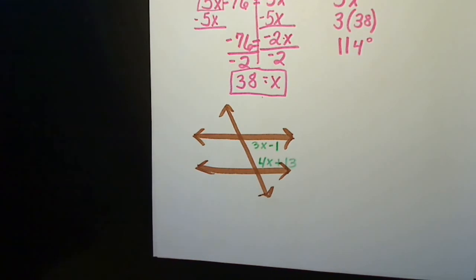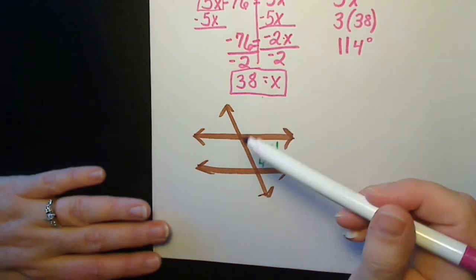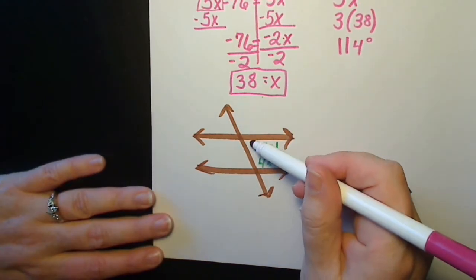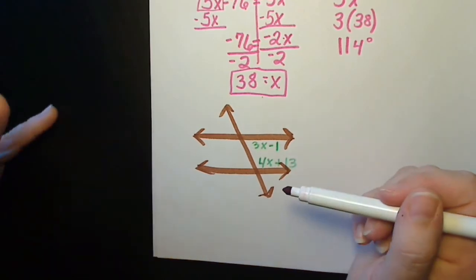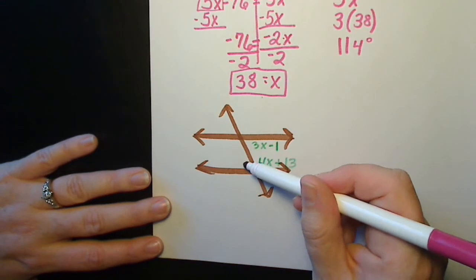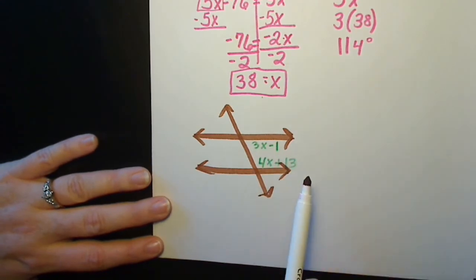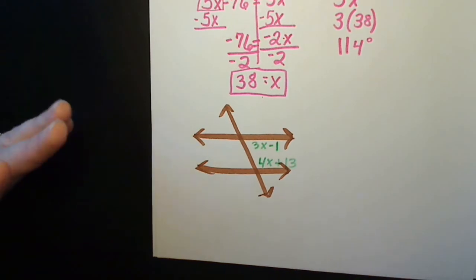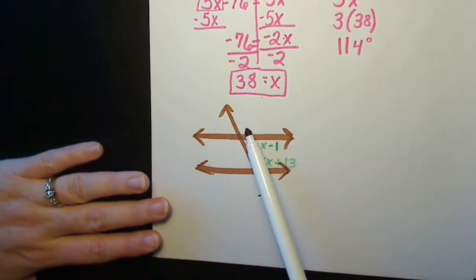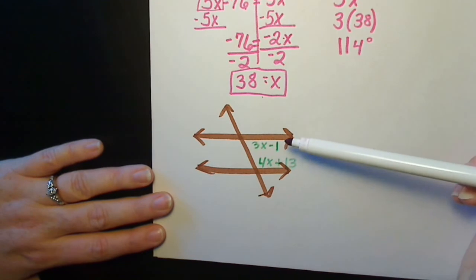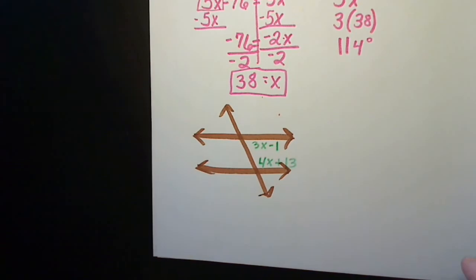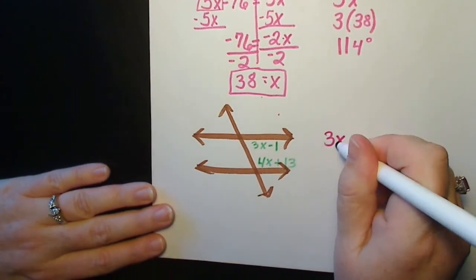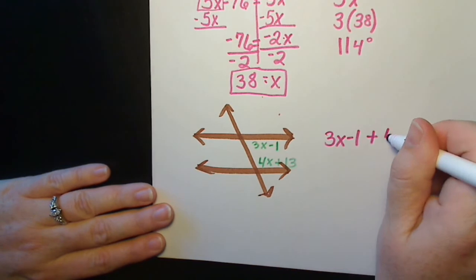Okay, those two angles are not the same. They're not the same measurement. Even if you look, this is a small angle, an acute, and that's an obtuse. So they're not the same. Plus, they're not alternate interior because they're both on the same side of the transversal. They're not corresponding, both being on the same side of the transversal, because that one's below a parallel line, whoops, and that one's above. So instead, they have a sum of